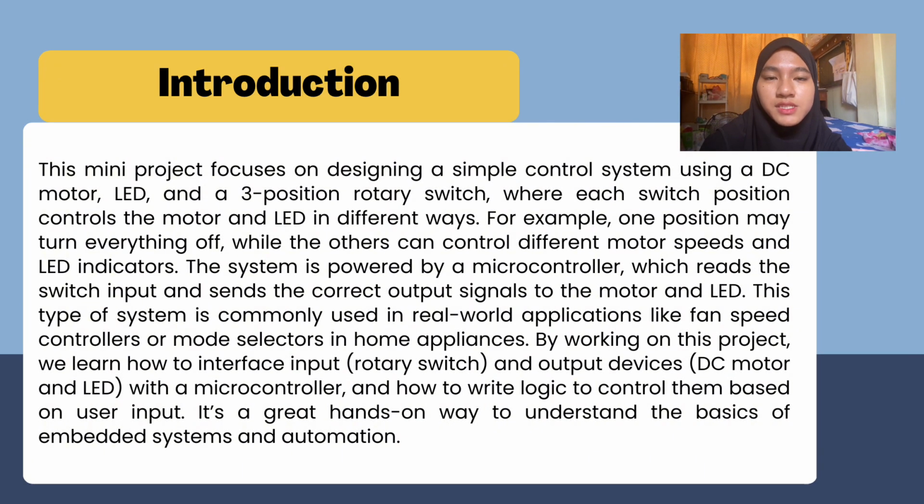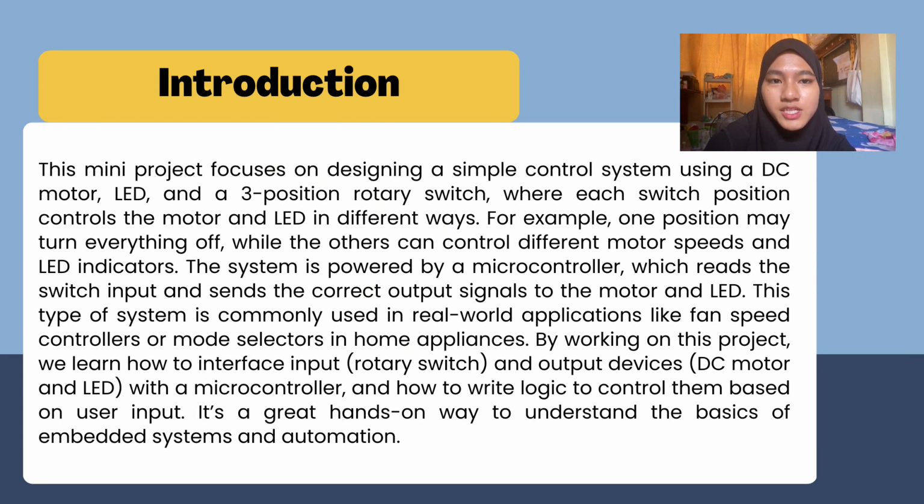a 3-position rotary switch, where each switch position controls the motor and LED in different ways. For example, one position may turn everything off while the others can control different motor speeds and LED indicators. The system is powered by a microcontroller which reads the switch input and sends the correct output signal to the motor and LED. This type of system is commonly used in real-world applications like fan speed controllers or mode selectors